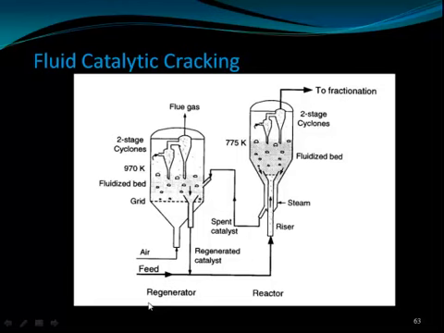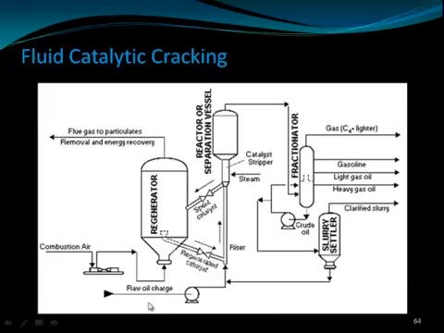So it is a two-stage catalytic process. We can see the two FCC units over here. In this pipe it will rise, and from the other side pipe the catalyst will be collected, whereas the air will move up and the cracked product is sent to the fractionator. So FCC shows improved efficiency in catalytic cracking technology.